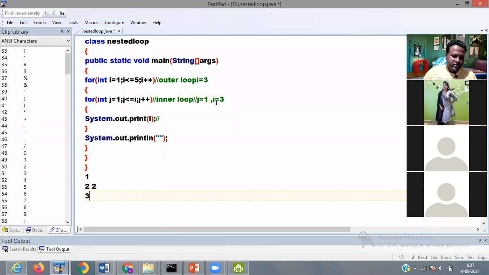I value is 3, j value again incremented, j plus plus. j value is 2, so 2 is less than 3, condition is true, then again it prints i value 3. j value incremented to 3, so 3 is less than 3 no, 3 is equal to 3 yes, that is print 3.